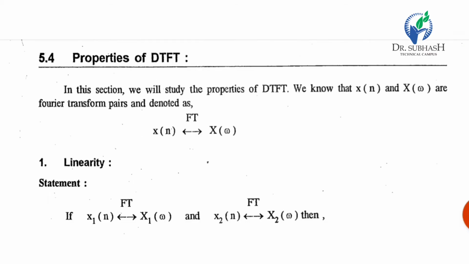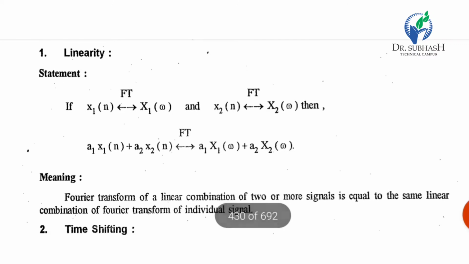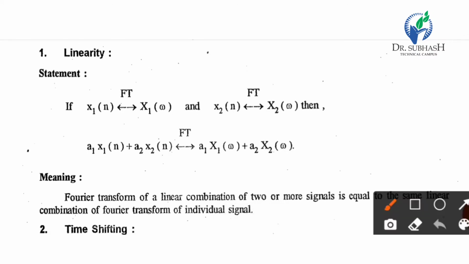Now the next point is the properties of the DTFT. So we know that x(n) and X(ω) are a Fourier transform pair, denoted as x(n) Fourier transform is X(ω). So the first property of the Fourier transform is linearity. So the statement: